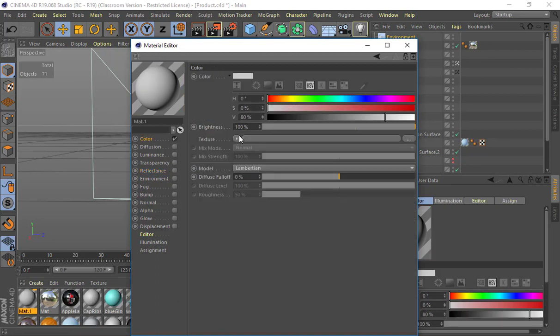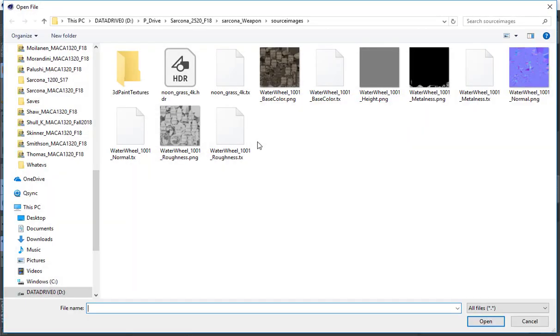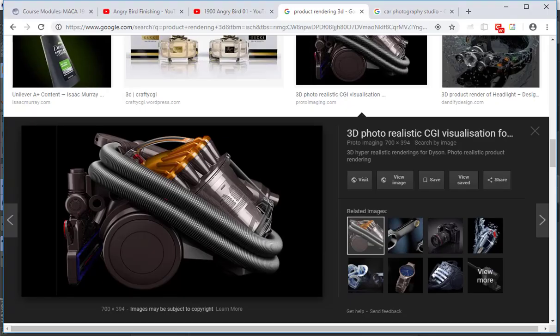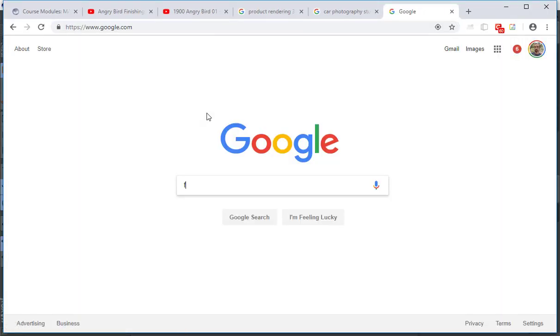And there's no reflection on this. It's just going to be a texture. Now, what I want to find is basically a 360-degree environment. So if I go to Google and I type in free HDRI,